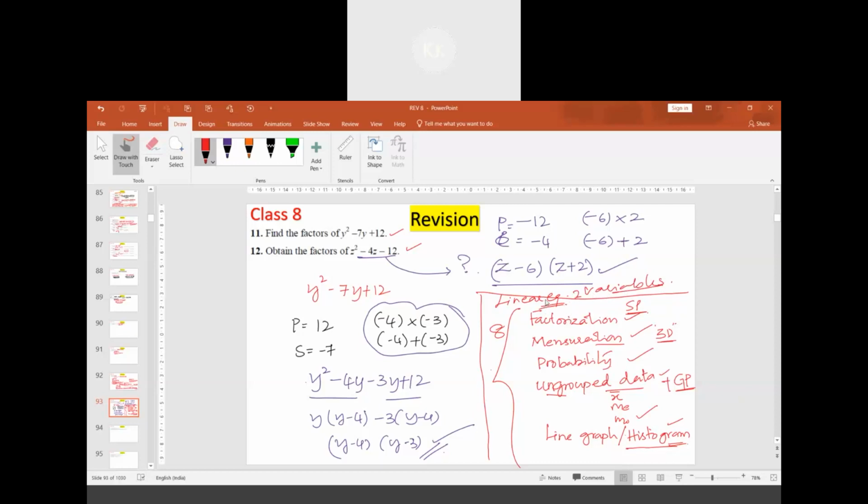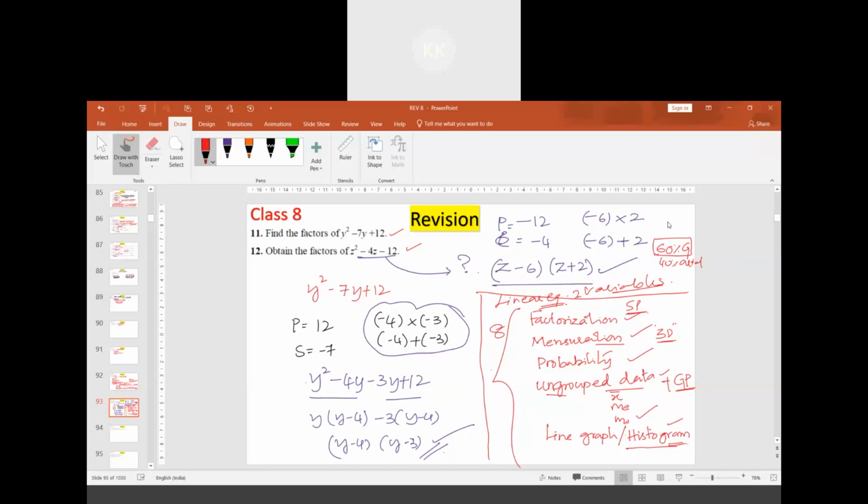To tell you frankly, 9th class is 60% geometry and 40% arithmetic and algebra. So 60% geometry is there. There is a detailed study on triangles and quadrilaterals. You have several theorems which are related to triangles and quadrilaterals.